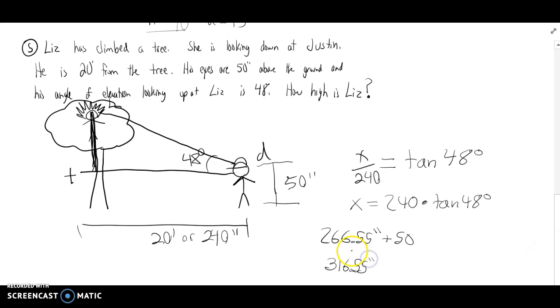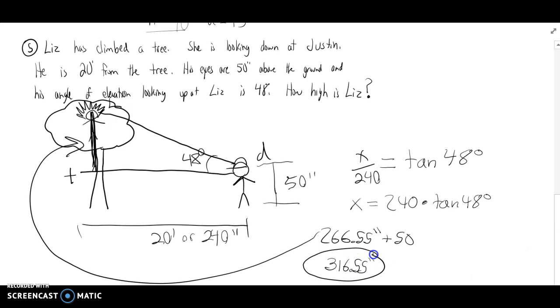It's actually in inches. So something like that is equal to this right here. And then that's 316.55 inches equal to the height of the entire tree. Good job. You solved the